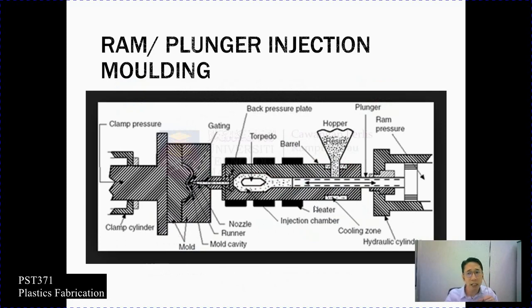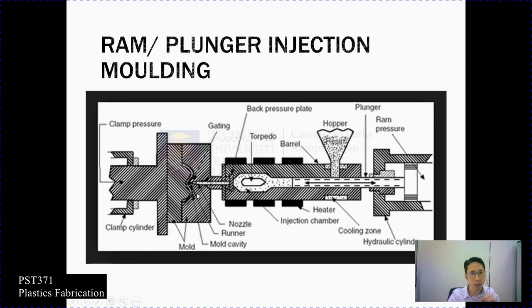Here are the illustrations of the ram plunger injection molding. The difference of this ram plunger injection molding is that they usually don't have a screw. But modern ram or plunger injection molding sometimes has a screw, but the groove is slightly different. The function of the plunger is actually to force the material to go through the sprue and fill the